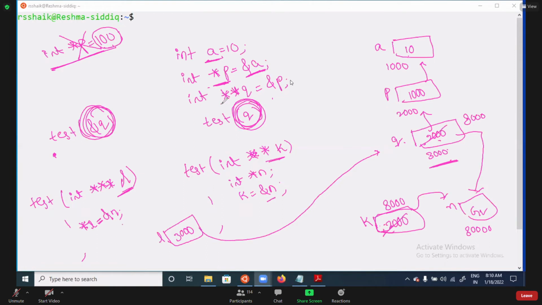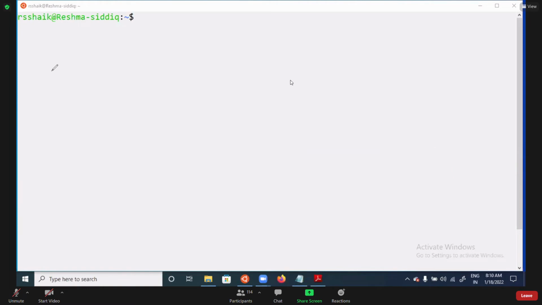Q is a double pointer. You can see here, Q is a double pointer. You need to remember one point always. If content you are storing, a variable is required. Variable address, then a single pointer is required.